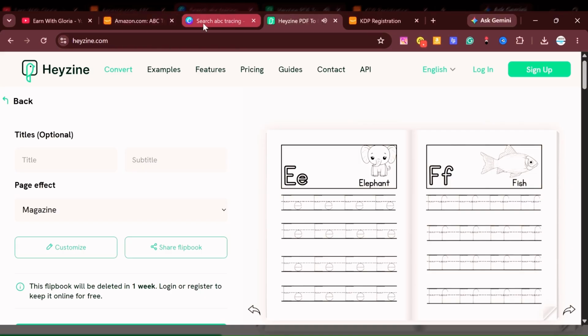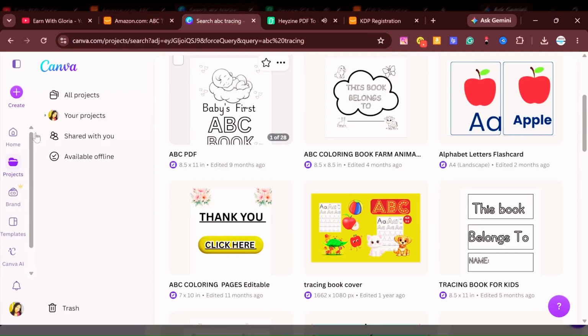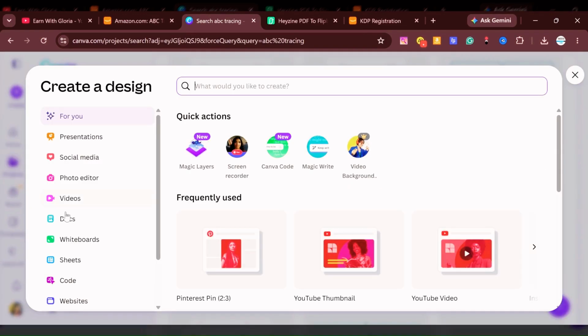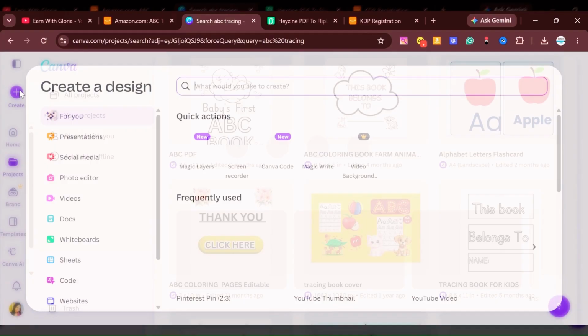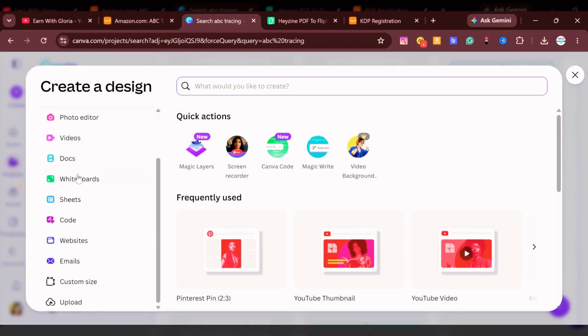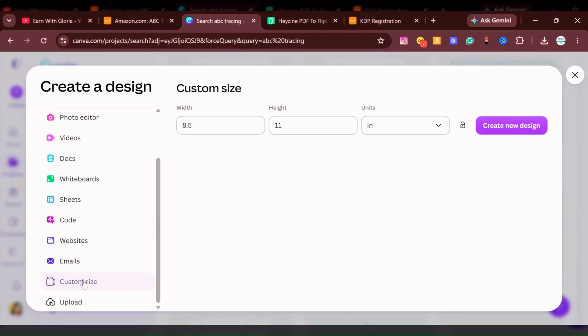And to create anything in Canva, we are going to click here on where it says create design on that plus icon here. On this plus icon, I'll click on it. When I click on it, I'll click on create design and it will give me different options. If you want to create a presentation, social media, photo editor, anything. But since we want to create a digital product for KDP or a book that can be shipped to people who want, so we are going to click on custom size because the measurements we are going to use,